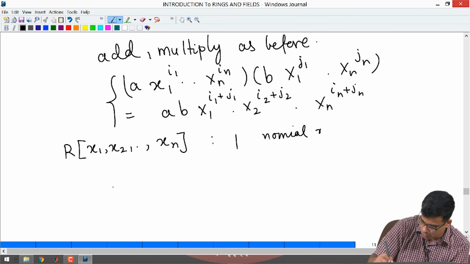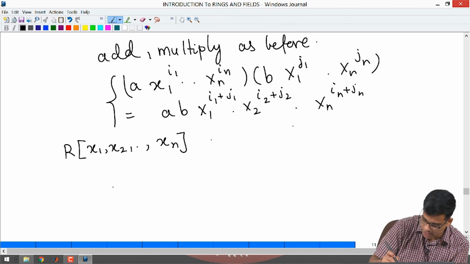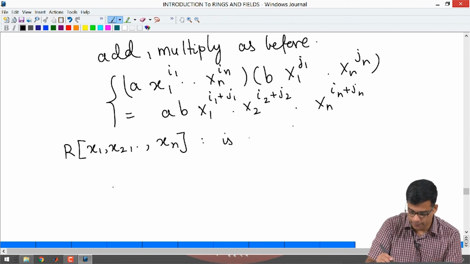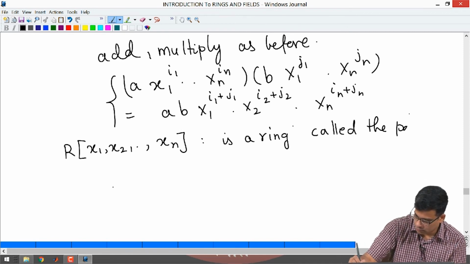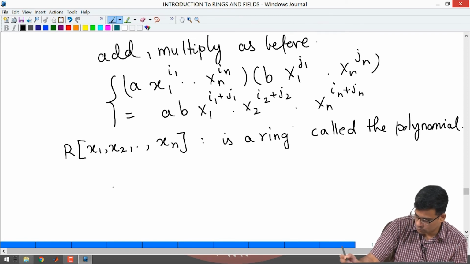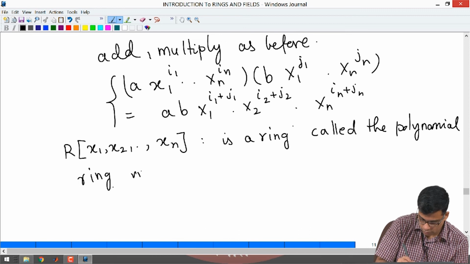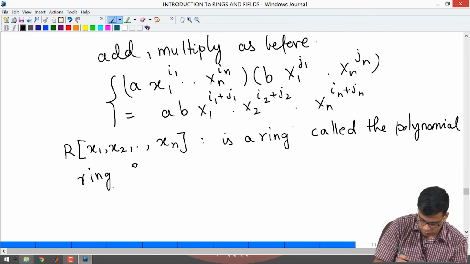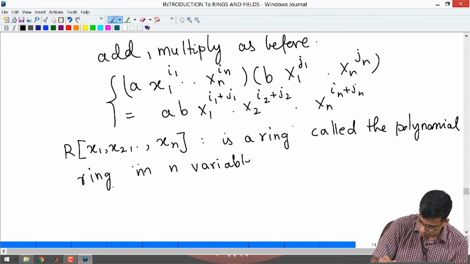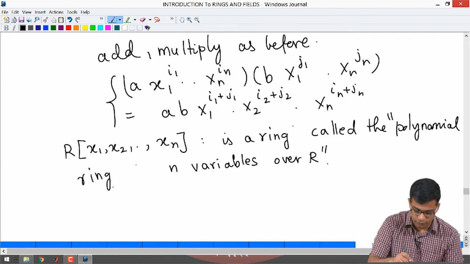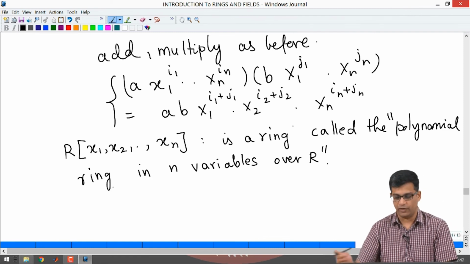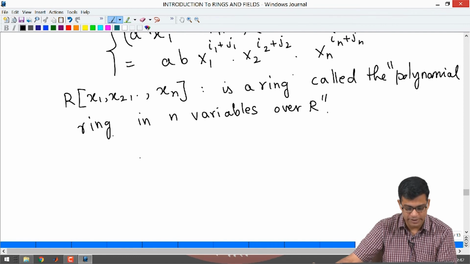So, this is a ring, rather I should say first. So, polynomials in n variables with the addition and multiplication that I briefly described form a ring called the polynomial ring in n variables over R. So, earlier we talked about the one variable polynomial ring. Now we have a polynomial ring in n variables over R, and one easy way to think of this,